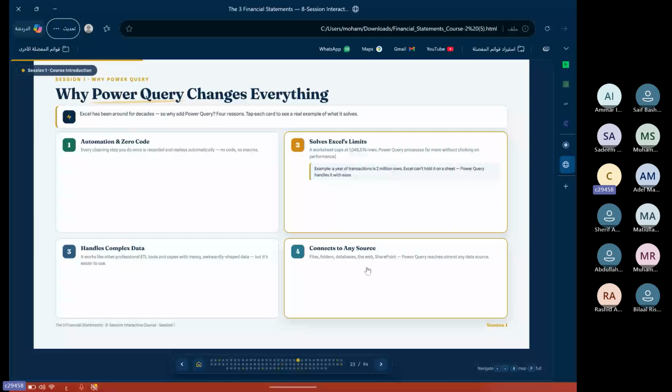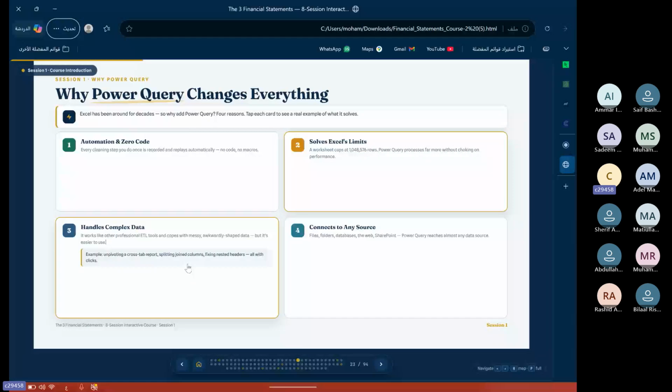As we said, Excel has limits in its capabilities. It's only 1 million rows. Power Query can process far more than anything that happens in normal Excel.